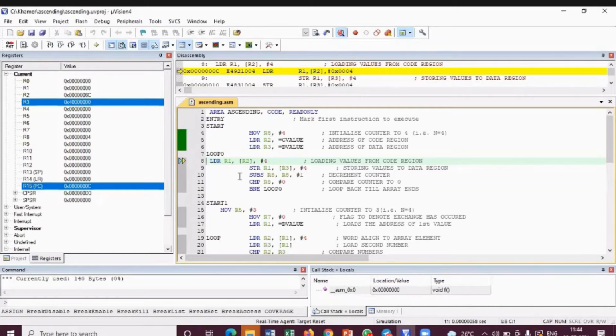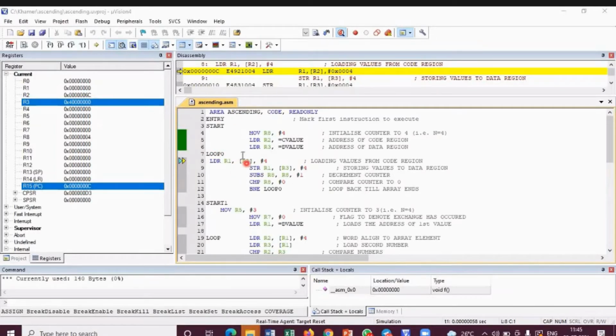Now this section is to copy all the 4 numbers. Understanding? Yes, ma'am. So this section is to copy all the 4 numbers. Now please see the latest values of R2 and R3. Whatever R2 is pointing to, please load to the R1 register, because it is LDR to load 32-bit values. R2 is what address? 6C. So what is there in 6C? 4444. This number will be loaded to R1.